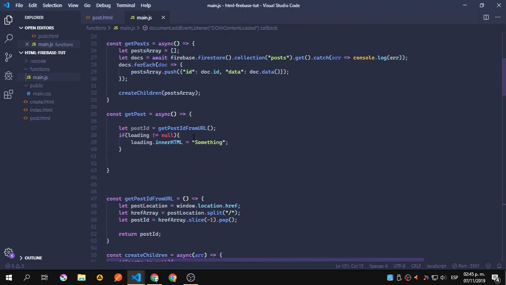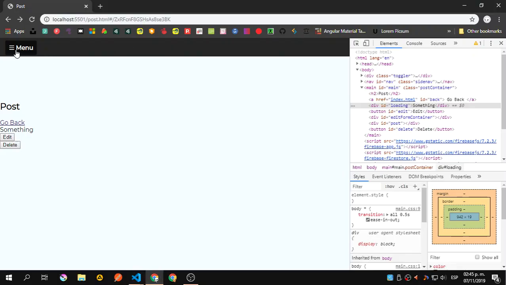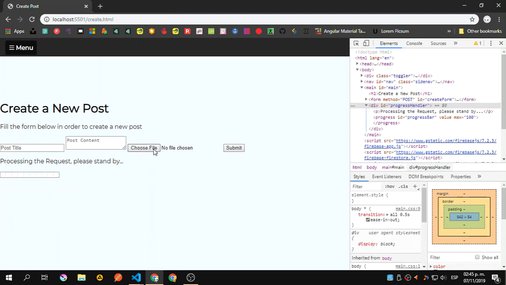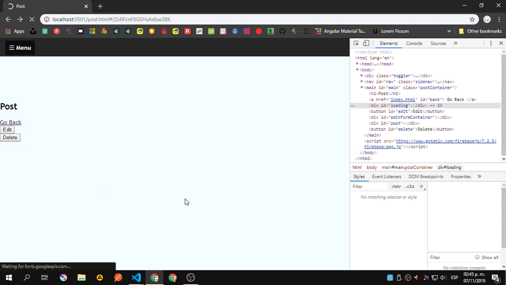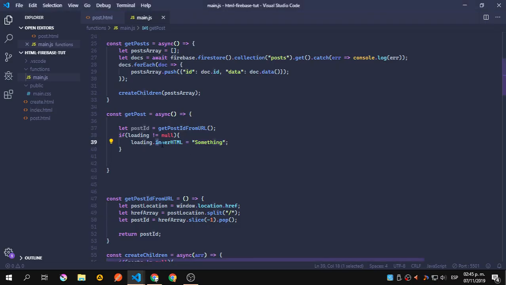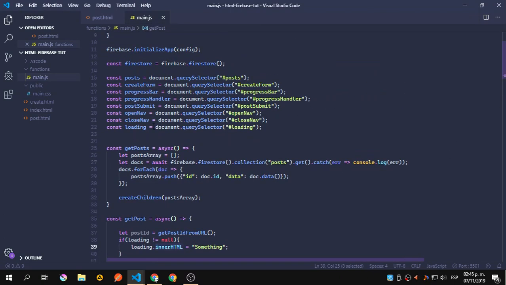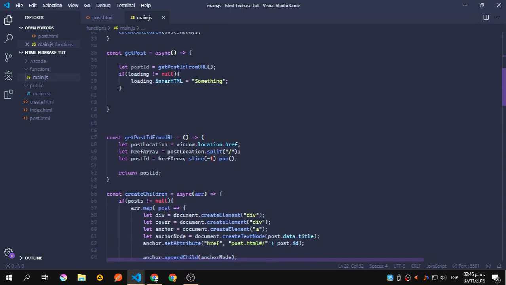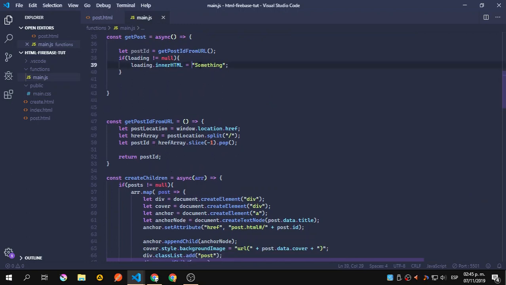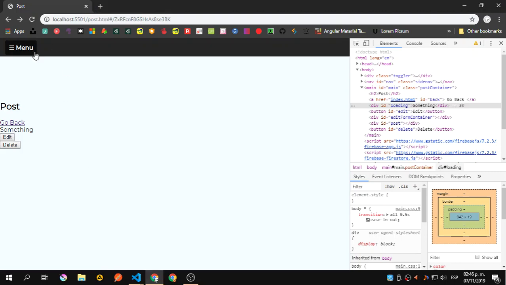So let me find that. Okay, so remember that when we post a new post, I told you that what you need to do is add the numbers here. So you need to create a new element, okay, with this inner HTML, getting the ID of that element like we are doing here, you pass the progress variable that we are retrieving. So that is going to give you the numbers, okay, if you want to do that inside,